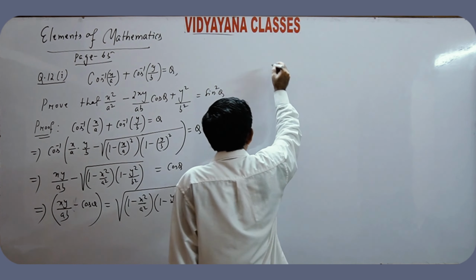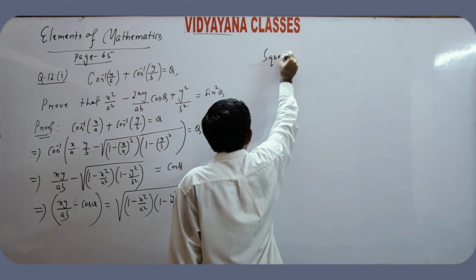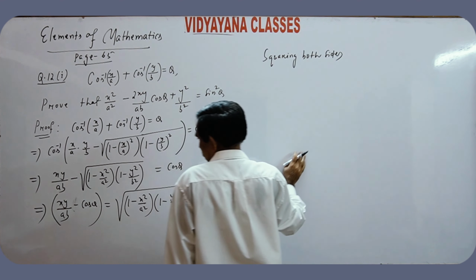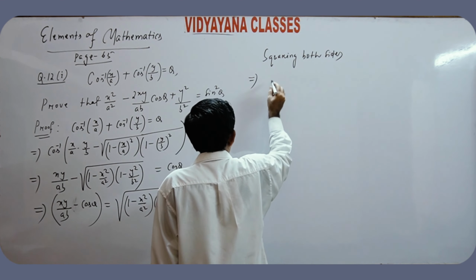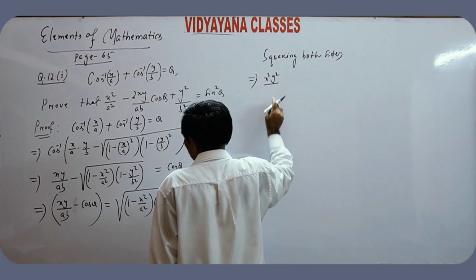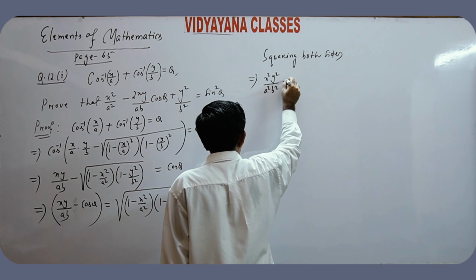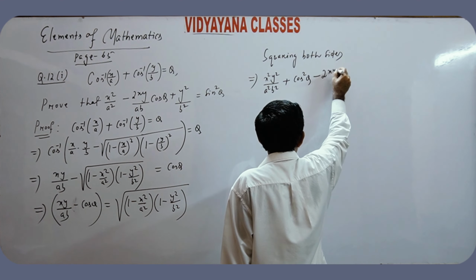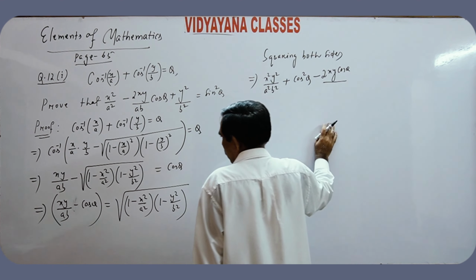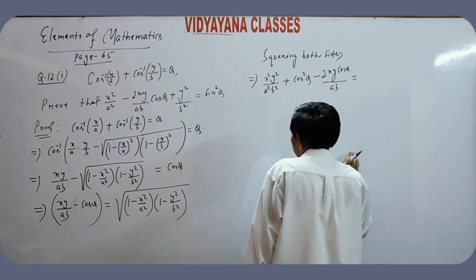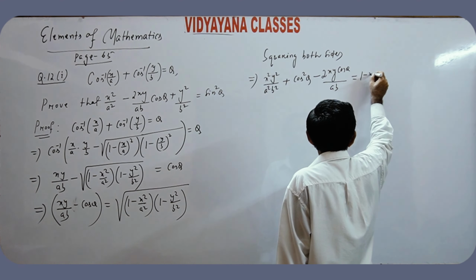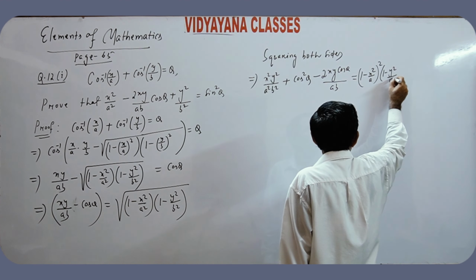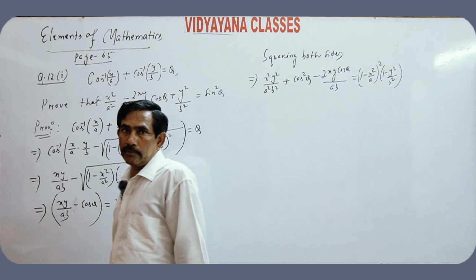Squaring both the sides, it implies x square y square divided by a square b square plus cos square theta minus 2 xy cos theta divided by ab is equal to (1 minus x square by a square) into (1 minus y square by b square). Squaring both the sides gives this result,